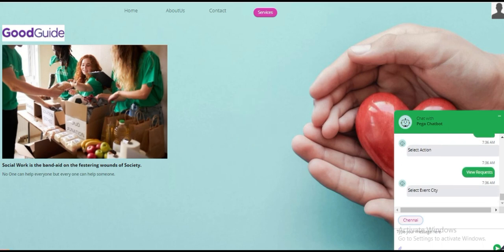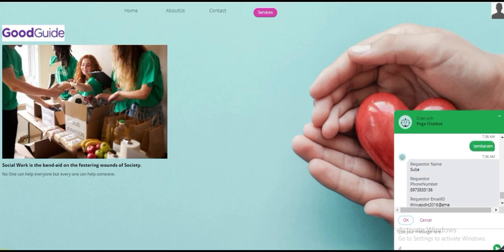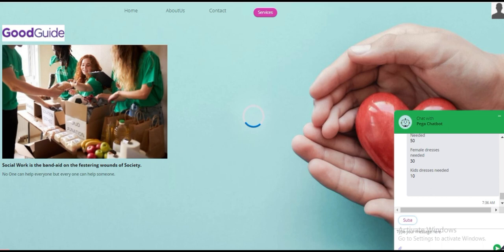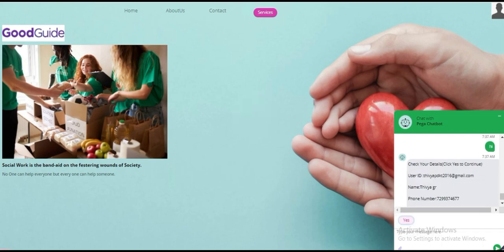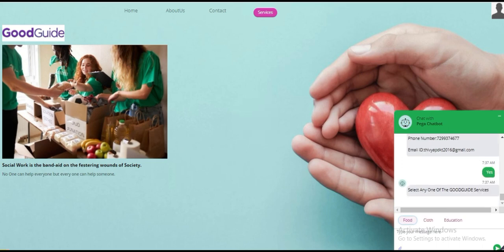in the particular location. We can see the requests we have given, and we can select any one of the requests. We need to confirm the phone number of the request, and he has picked that request. It will be delivered to that particular address. An acknowledgement mail will be sent saying the dresses will be delivered soon.